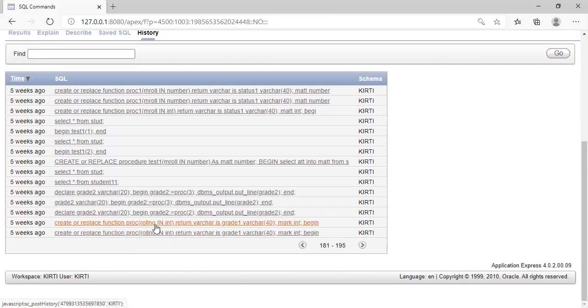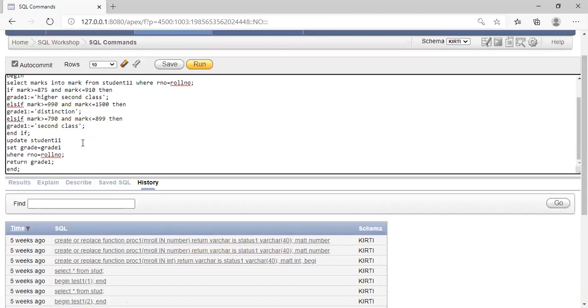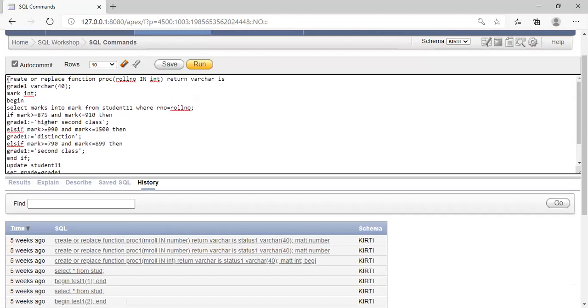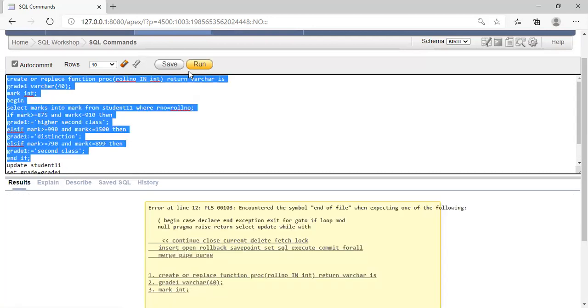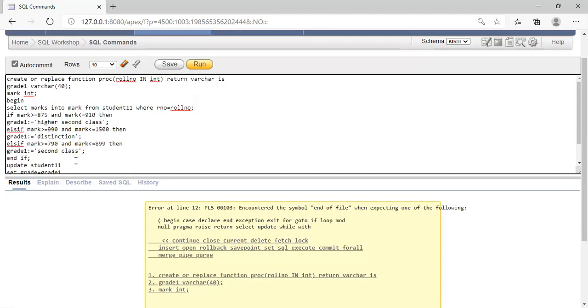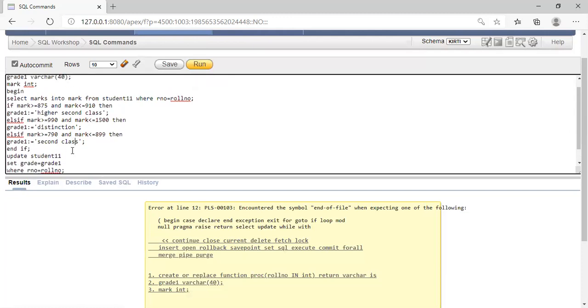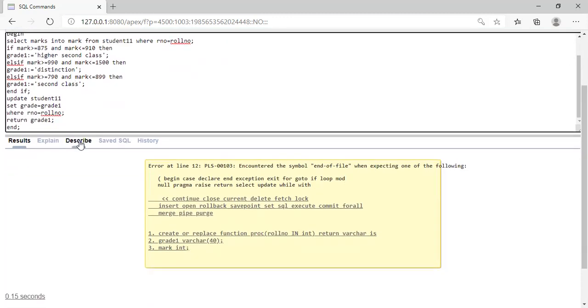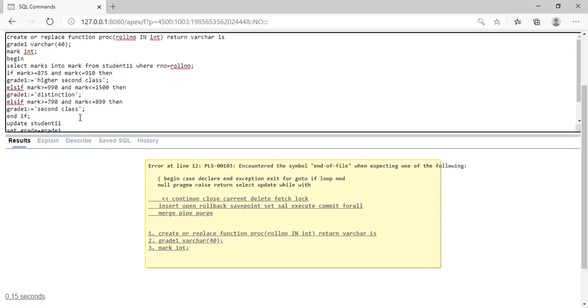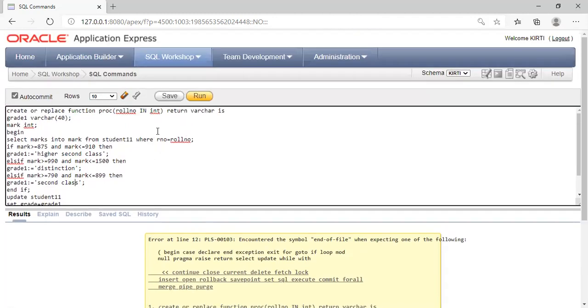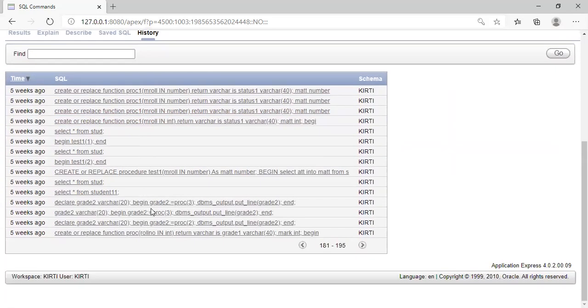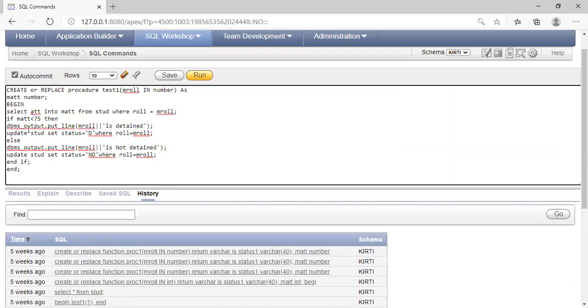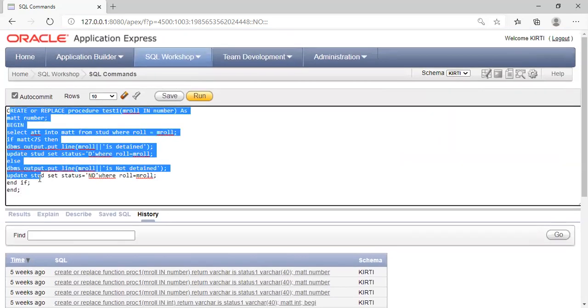Here we have created one more function, that is proc, that we will check once. So it will be end of file, so it will create an error. Okay, so all of you remember the difference between the function and the procedure. The procedure is already there, so we have already created the procedure.